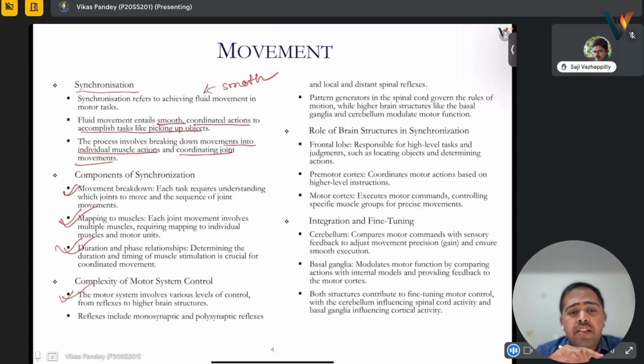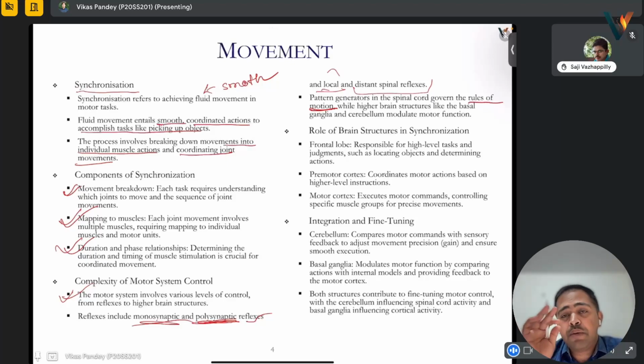Then these reflexes, we remember that they can be monosynaptic and polysynaptic reflexes, as per our need, like if it is a local reflex or a distant spinal reflex, that can also vary. Then pattern generators in the spinal cord govern the rules of motion. So rules of motion are not decided in the brain; they are decided in our spinal cord. Higher brain structures like the basal ganglia and cerebellum modulate this motor function. So what the motor action is, that is inside the spinal cord, but with what strength it has to be done and how much time, these things are decided by the basal ganglia